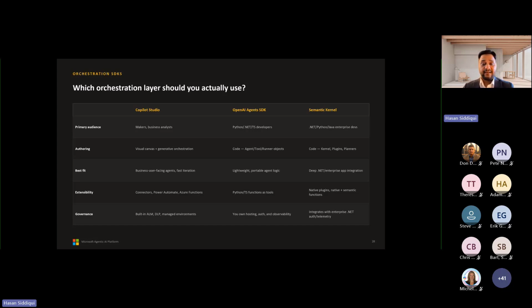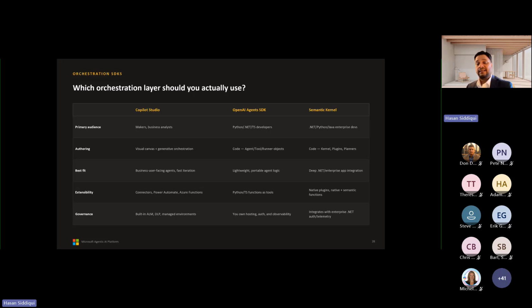Similarly, Semantic Kernel is Microsoft's own orchestration SDK, and it suits deep integration into an existing enterprise .NET, Python, or Java application. It plugs into your existing dependency injection, authentication, telemetry and more. .NET enterprise applications are very heavily used by most organizations, and if you want to add agentic capability into them, Semantic Kernel is usually the more natural fit than the Agents SDK in practice.